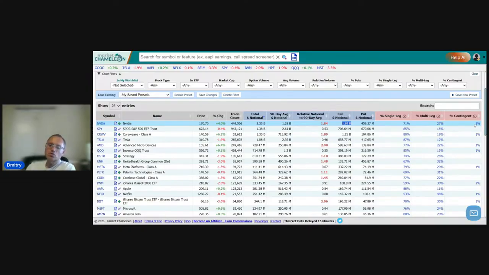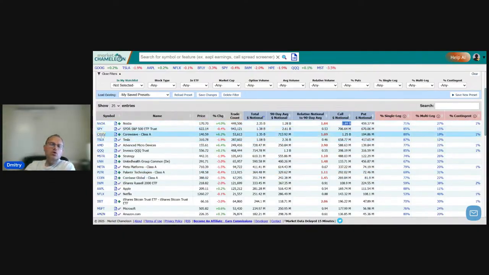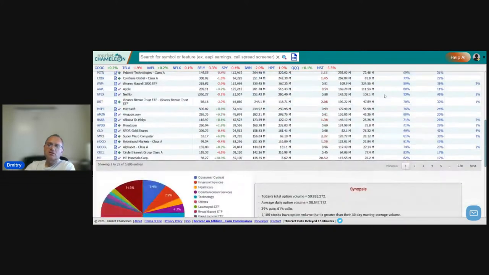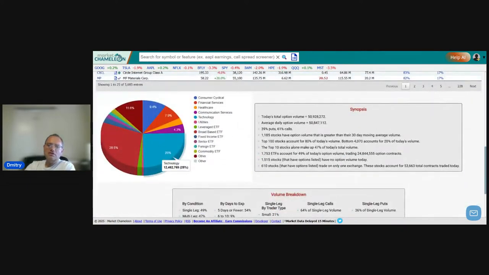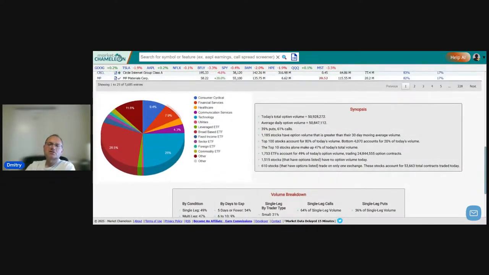And then a contingent order is when the option trade is tied to something else, like a stock buy. So here, this gives us individual stocks. And then down here, we could come in and get a feeling of what's going on in aggregate. And this pie chart over here is showing us